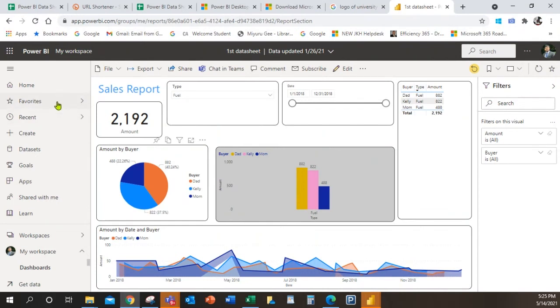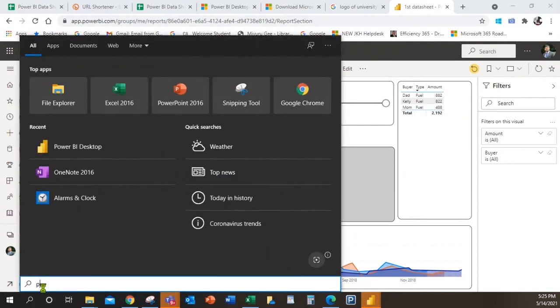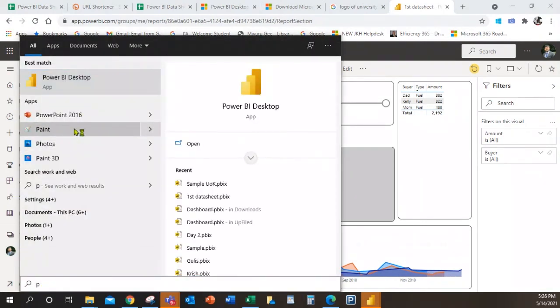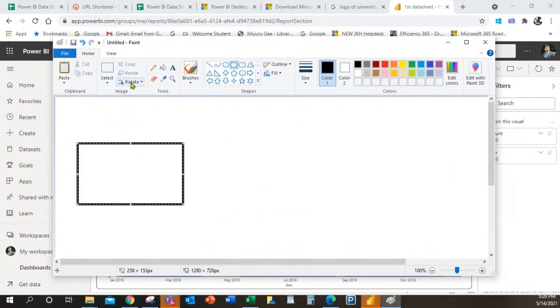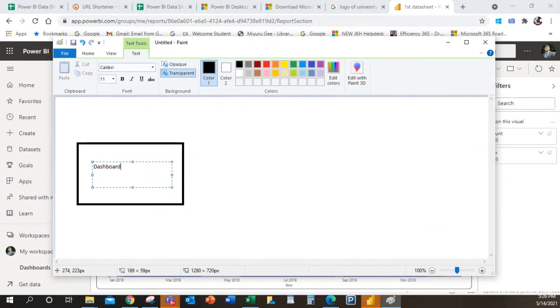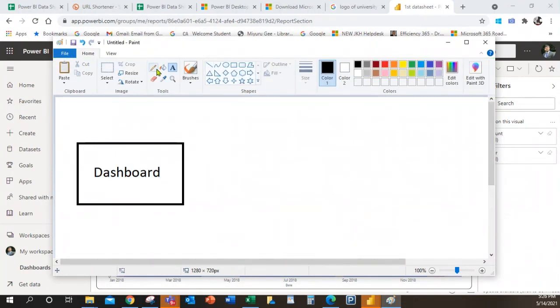Now you can understand the difference between a dashboard and a report. Let me just brief it by using Microsoft Paint. Dashboard is the front end. And the report is the